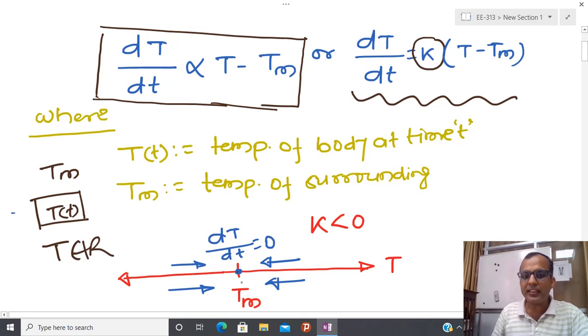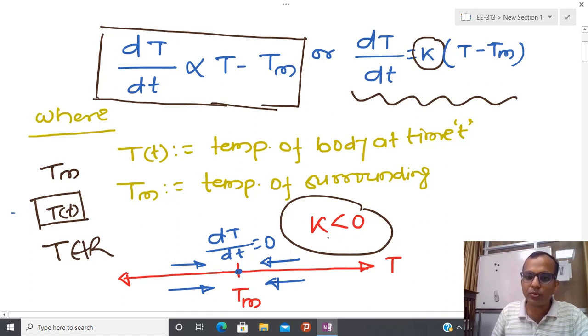So in this state space, I have a unique stationary point. If I start from this point, then I can guarantee that I am not going to move. Now if you start anywhere apart from this point, and suppose this condition holds, k less than 0, then it is possible to show that, because on this side t is greater than Tm,